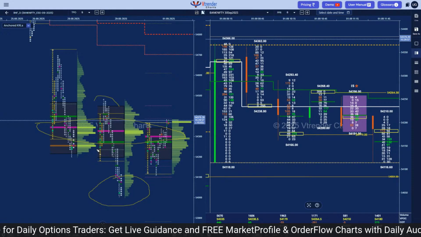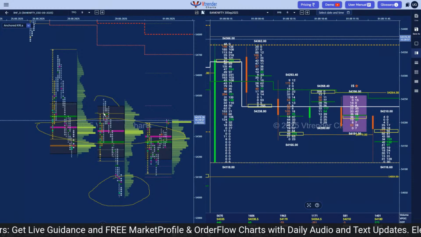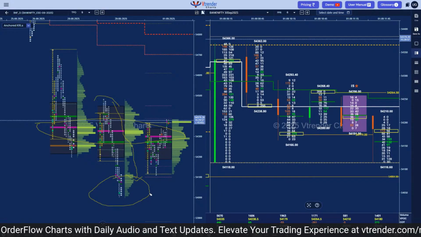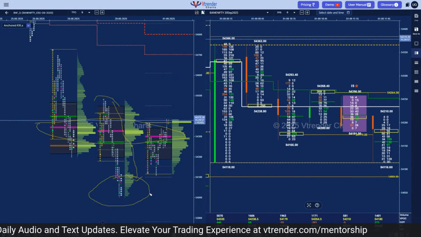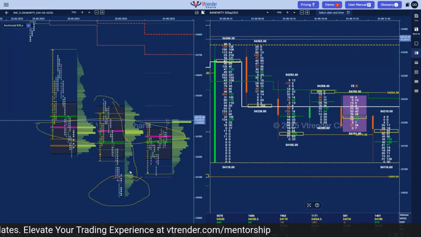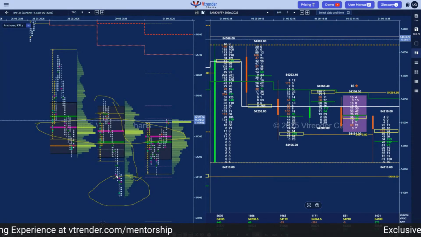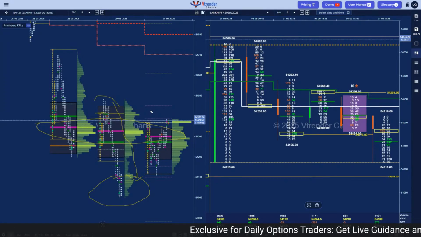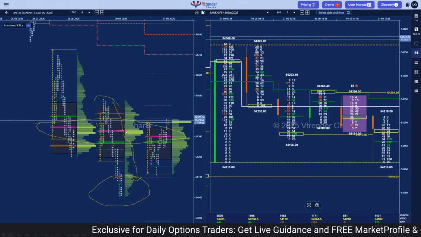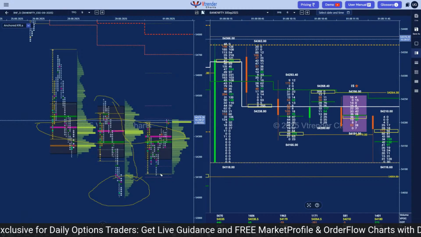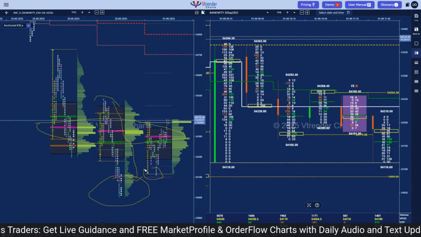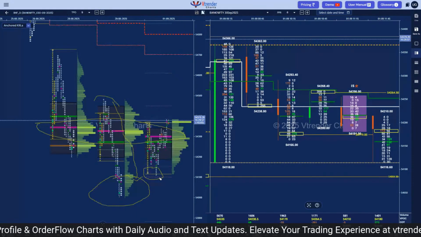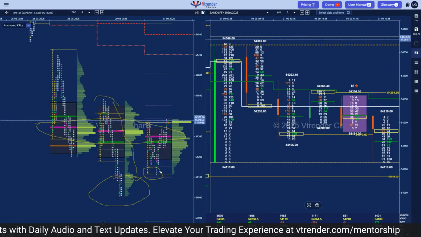It was not a failed auction because we stayed for more than 30 minutes above the initial balance high on Friday. But nonetheless, it was a neutral extreme profile, which gave a big trending move lower. But it was more to do with the close of the month. So on the daily, we opened higher, but there was not much upside. Initial balance did not see any range extension, and we were stalling at this POC of Friday. Then, because there was no demand, the auction went lower. We made a very marginal new low in the F period, but we did not see any supply over there, and it got immediately rejected.